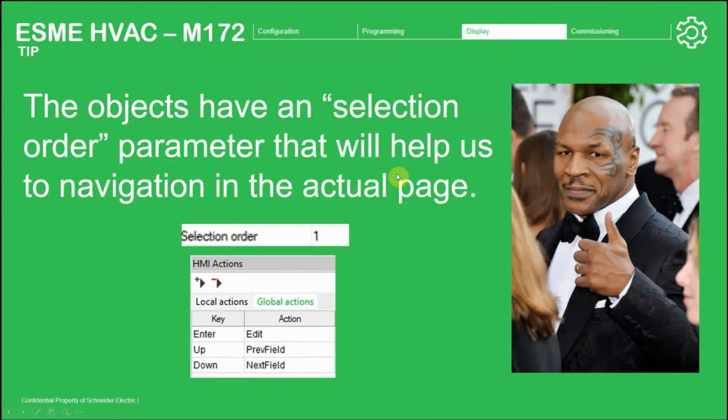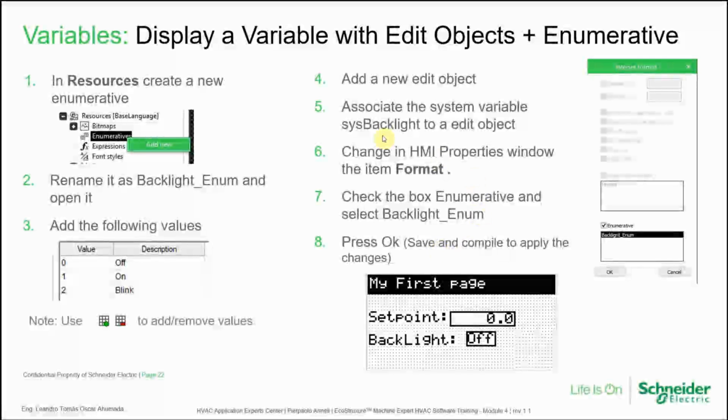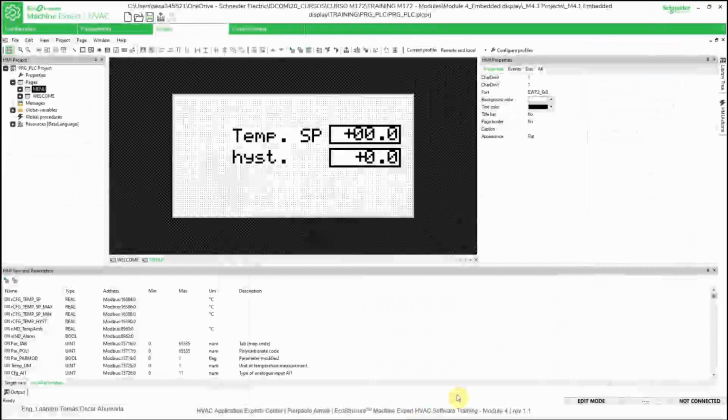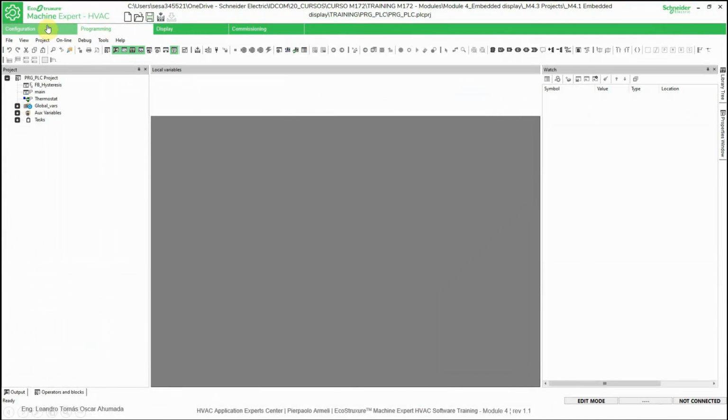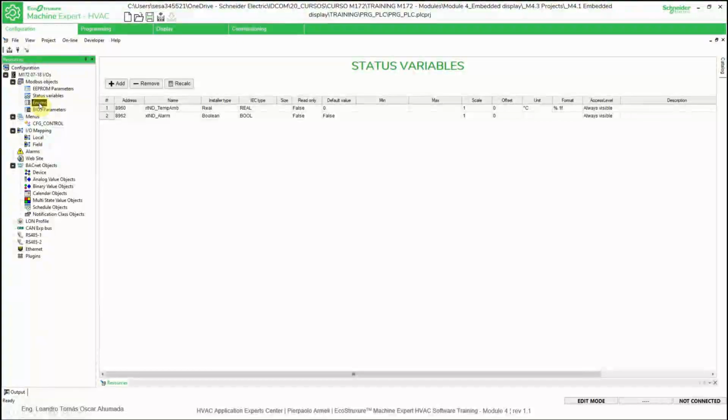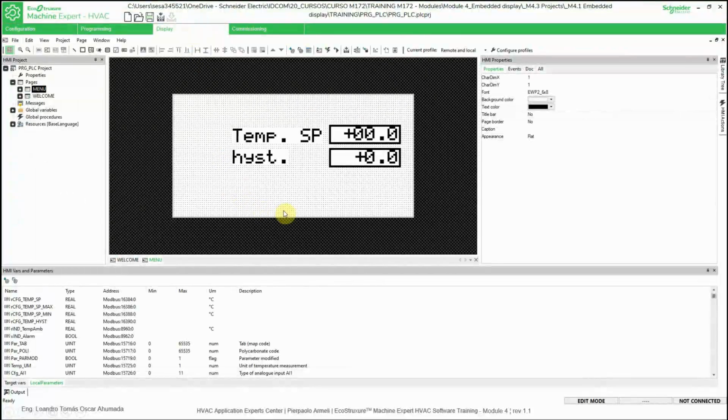Okay, let me see what else is something missing. I have already explained the part of the selection. Okay, this is something very good. It's related to the enums. This part I have taken from the international training. So what we need to do is this enum is like we saw previously in the configuration. In enums, when we create an enum, we can link an integer value to a string. Okay, so in this case, what we're gonna do,